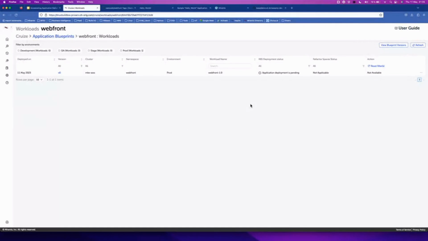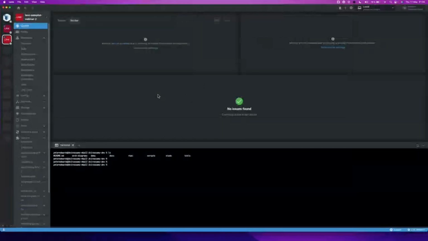So the deployment has started. If I check my cluster, so here you will recognize Lens. For those who do not know, Lens is one of the major, if not the major, UI and IDE that is used to manipulate and access and control various resources within Kubernetes clusters. And you can do that at scale with the capability to connect multiple clusters, whether it is Mirantis Kubernetes Engine, whether it is Tanzu, whether it is EKS, whether it is AKS. You can have all this within one